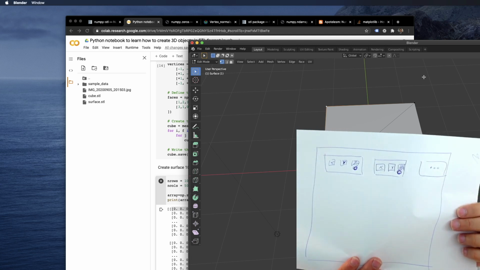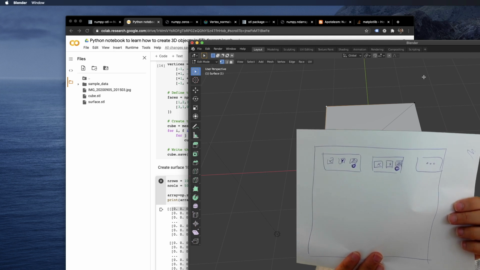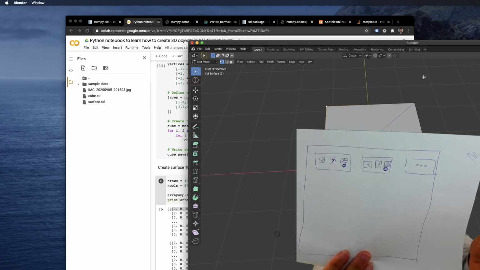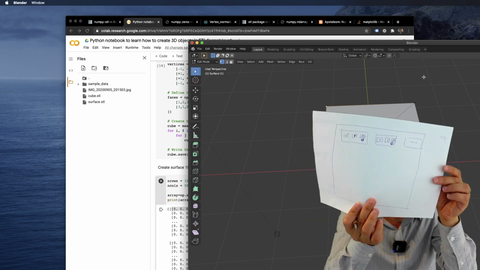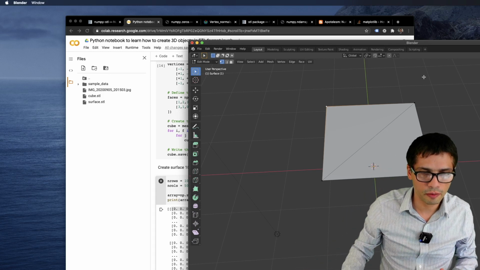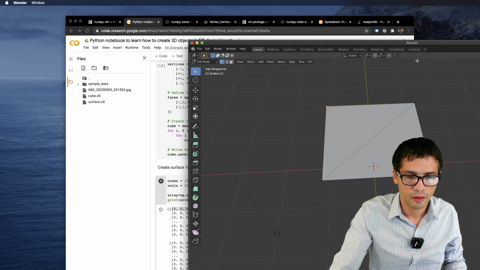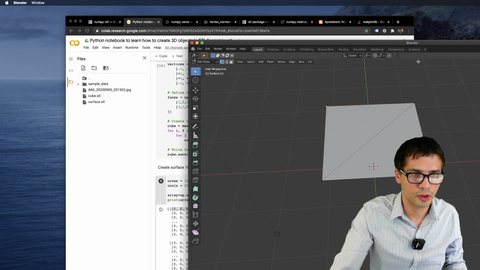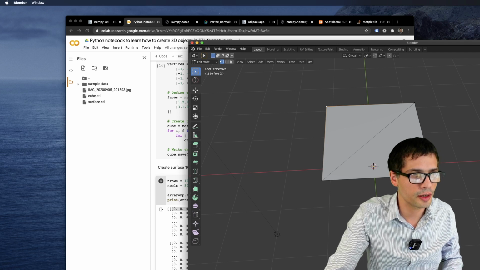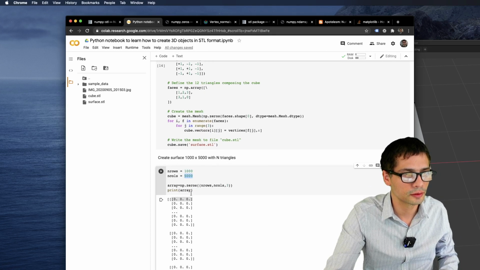So we know that for each vertex that we're going to create in our surface, z is always going to be 0. So we only have to play with x and y. So I'm going to create the first row, and I'm going to start with x equal to 0, and I'm going to end with x equal to number of rows, sorry, number of columns, which in this case is going to be 5,000, right?